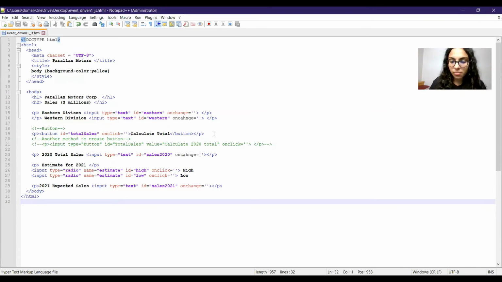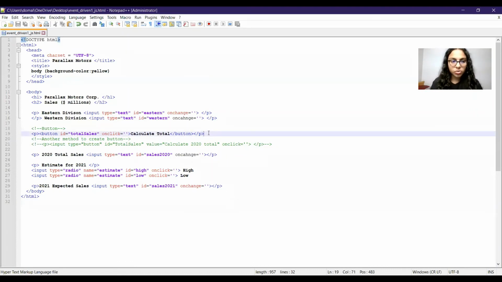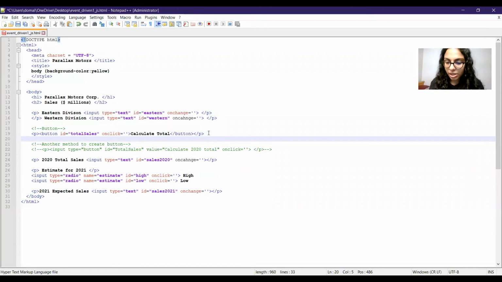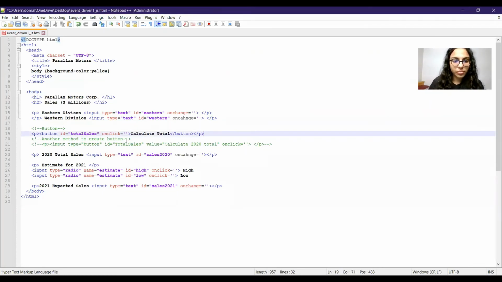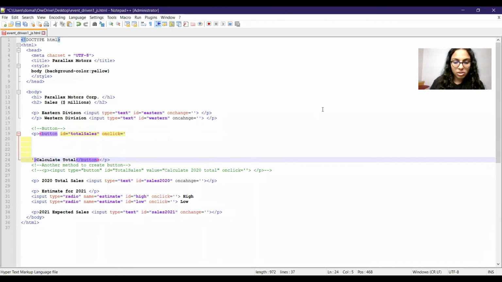Okay, so now we have the button here. When this button, that is calculate total, is clicked, we need to write the function, and the function will be written in this onclick place.